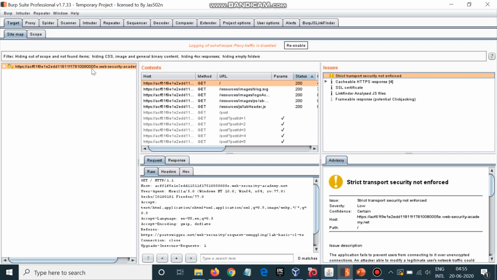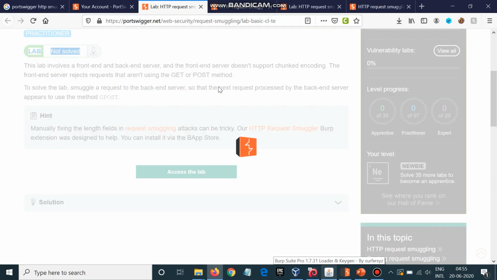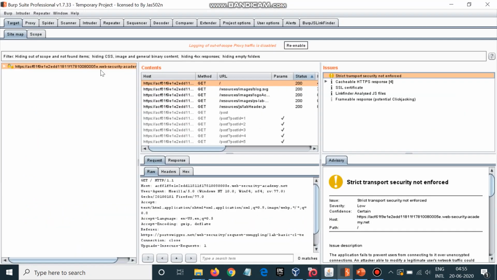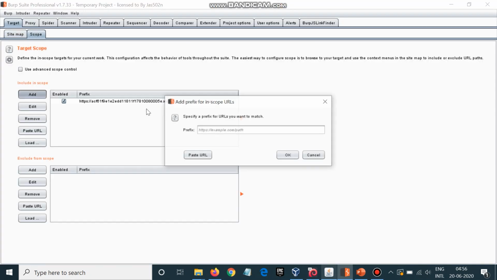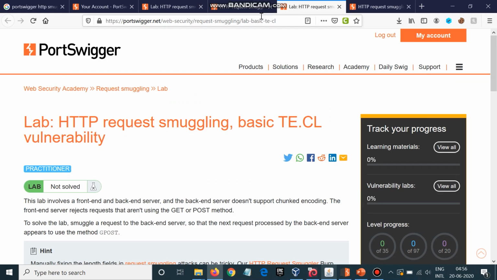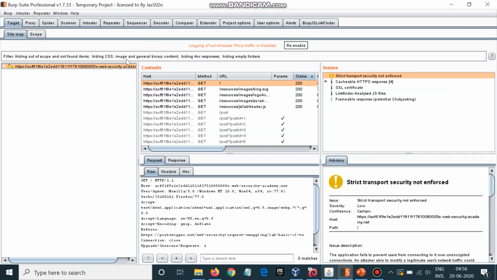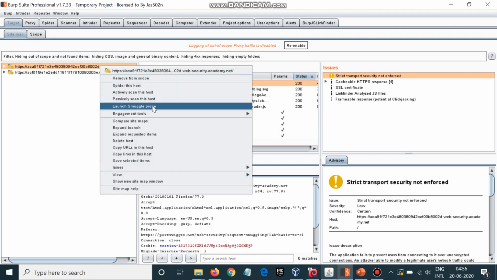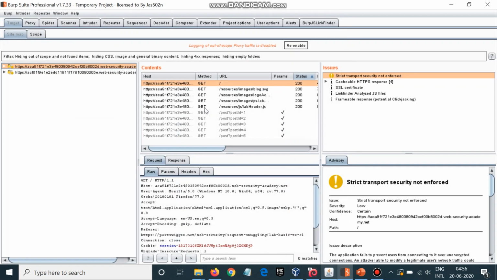The first one was for CL.TE and the next one is for TE.CL. Refresh this page. Yes, we have it here, and we'll do launch smuggle probe for this as well. Enter. So this will take some time and I'll tell you after we have some juicy stuff here.